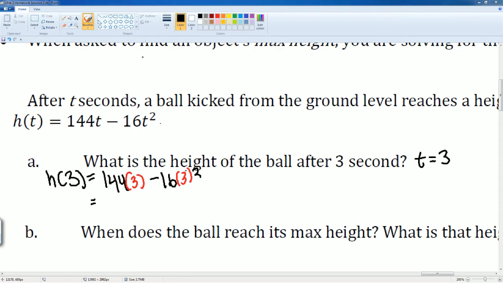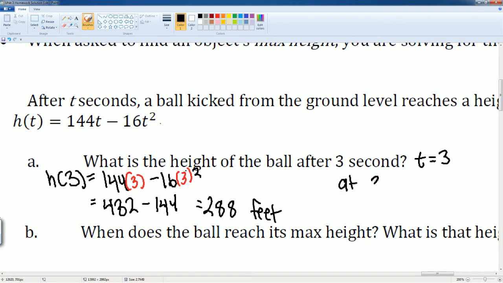That's going to get us the value of 432 minus, let's do 16, 3 squared. So do 3 squared first. 3 squared is 9 times 16. That gets you minus 144. Okay. Do this again. 432 minus 144. This gets us 288 feet. So at 3 seconds, it's at